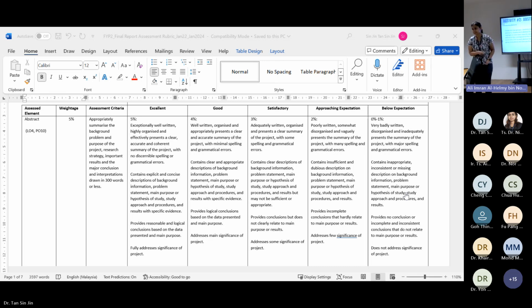But usually an abstract is supposed to be the summary of the project. So usually the abstract should have an answer for that. What is the project? Why the project? How? And of course the findings. Okay. So for me, if these questions are answered in the abstract itself, then it should get very, very